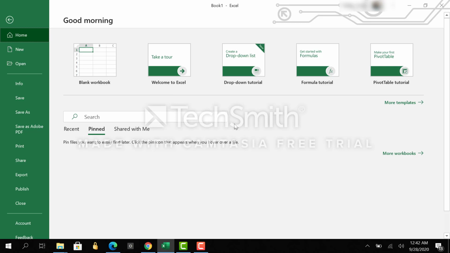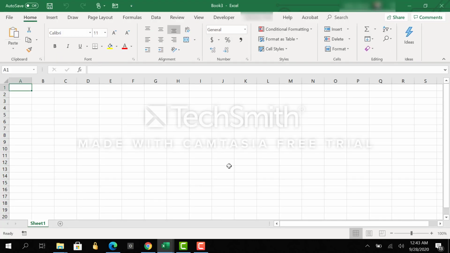So first we have the Excel window open, and we just launched Excel. I'm currently looking at the startup screen. Again, this is a newer edition of Excel, but if you are on an older one, you are going to see some similar stuff here. I'm going to go into the blank workbook. I click on it once, and this will launch the rest of the Excel interface. And now I have my Excel workbook open in front of us. So this is the blank workbook you can see on my screen.